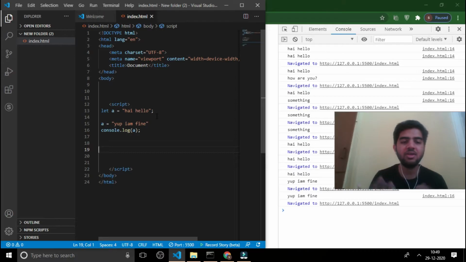When you console.log that, the second value overrides the first value, and in the console you can see the second value printed. This is how let works. You can just reassign the value, but you cannot declare another let with the same name. Let's see what happens if you declare a let with the same name. I'll show you.